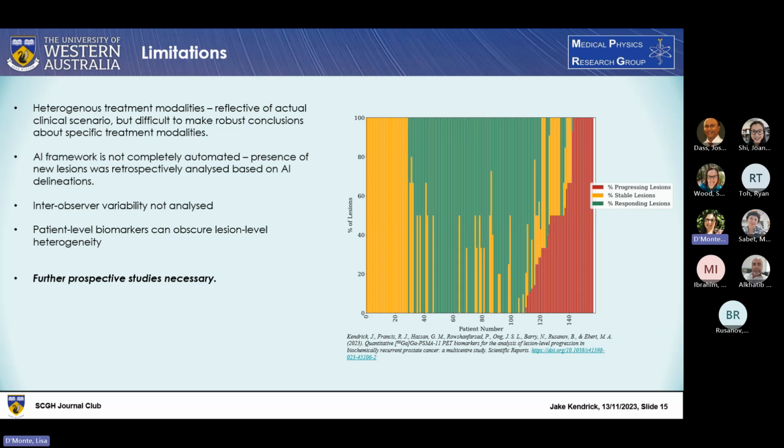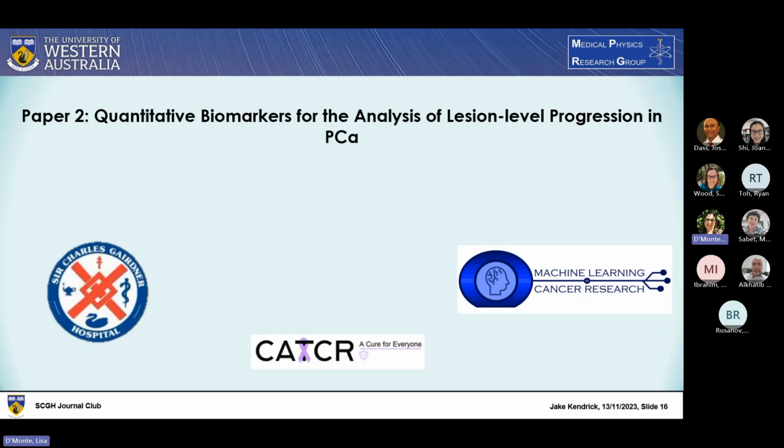And also, what's going to lead into the second part of the talk is that we've been discussing predominantly at this stage patient-level biomarkers, so tumour burden as measured from the whole patient scan. But of course, if we're taking a patient-level approach, this might obscure potential heterogeneity at the lesion level, right? And of course, in metastatic cancers, patients may have multiple different disease sites. So that's going to lead quite nicely into the second paper that I'm going to be